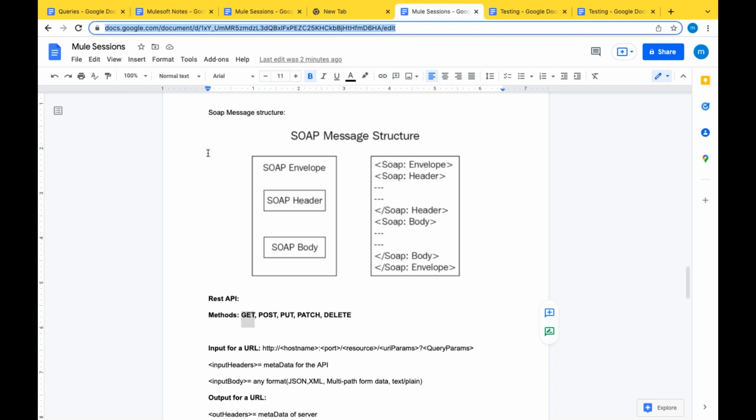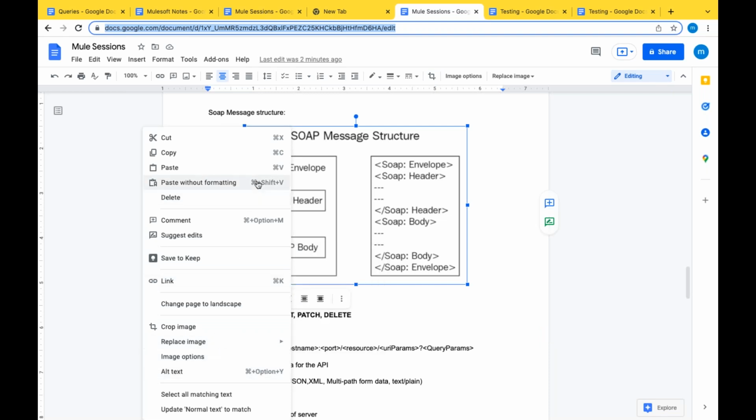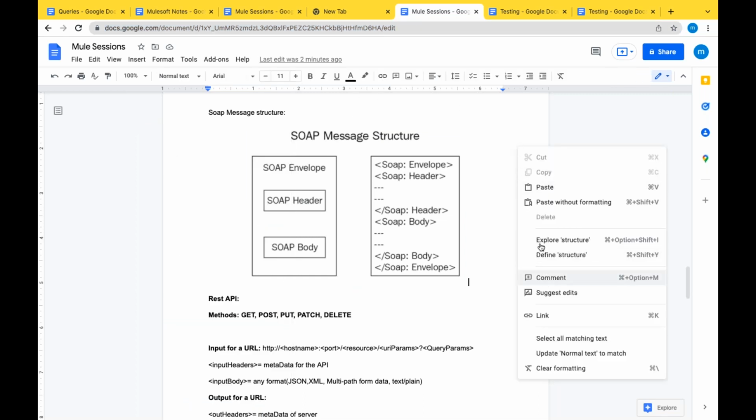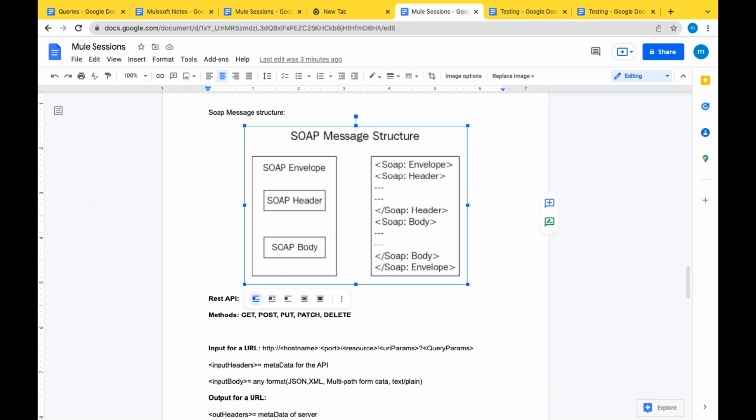If you see this functionality internally in the backend, when I inspect this, where is inspect? Give me a moment. Inspect.